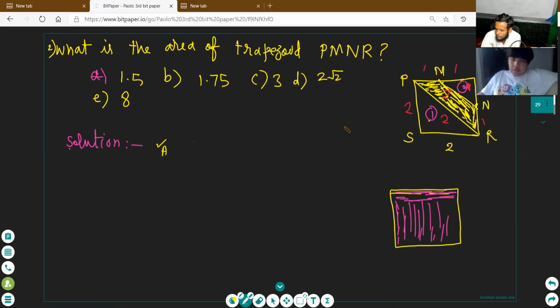The area of this, area A1, write it A1. The area of triangle PSR is 2. Area of triangle, give the name. Triangle PSR is equal to area of